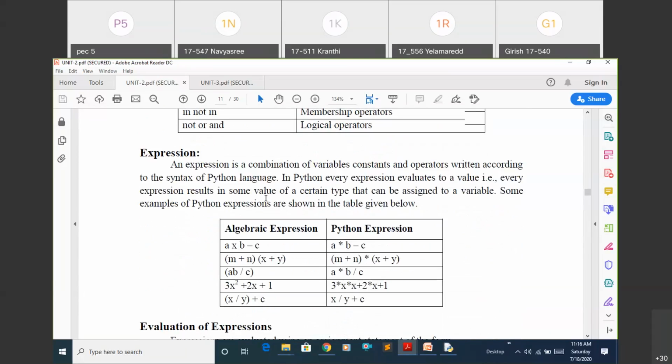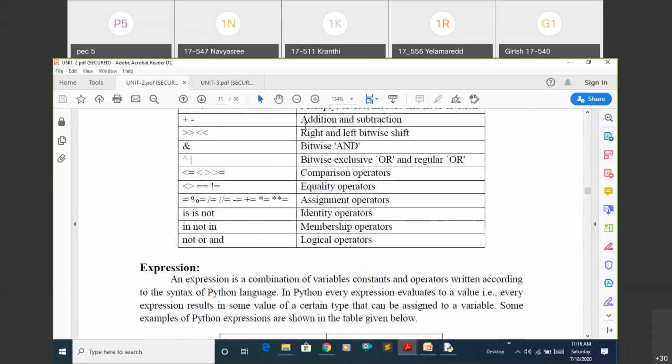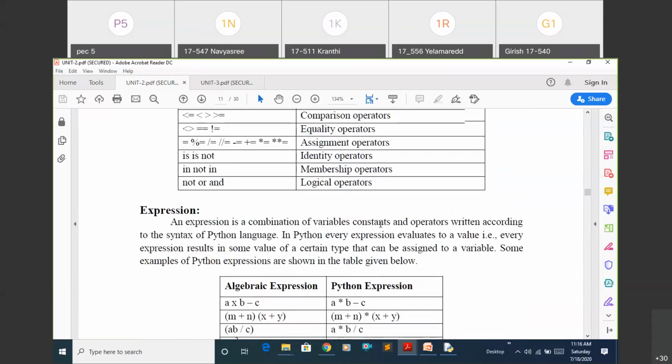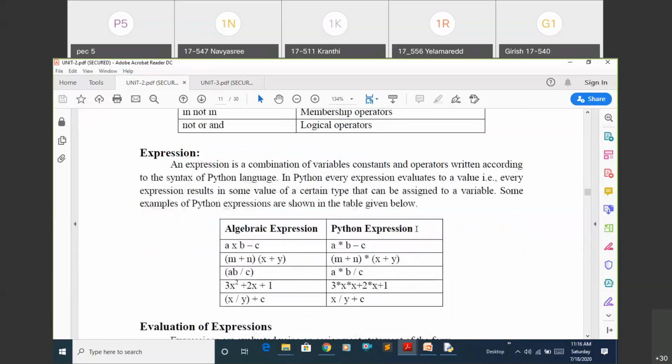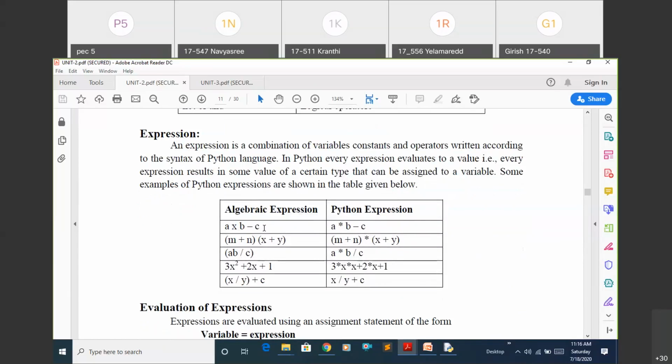In an expression only we will follow this precedence. An expression consists of constants, operators, and variables, all combined using Python syntax as one statement. Here you can see the algebraic equation.